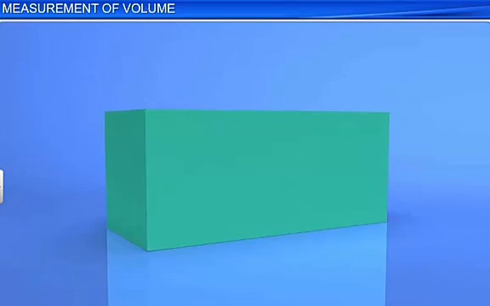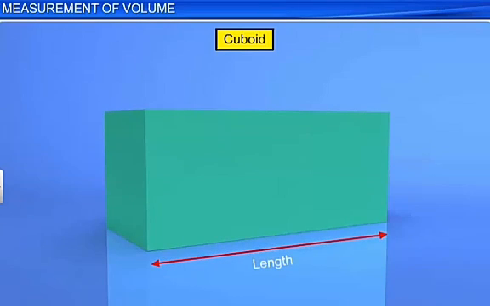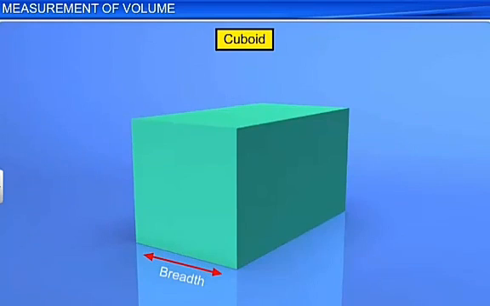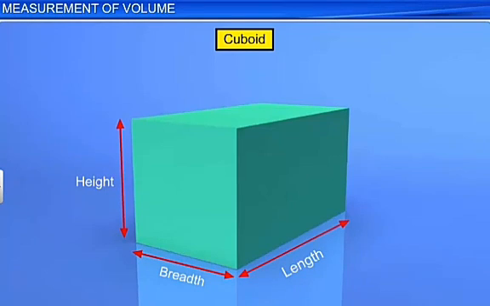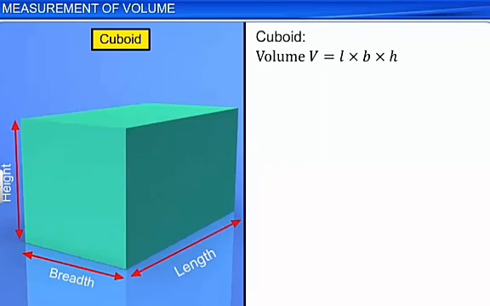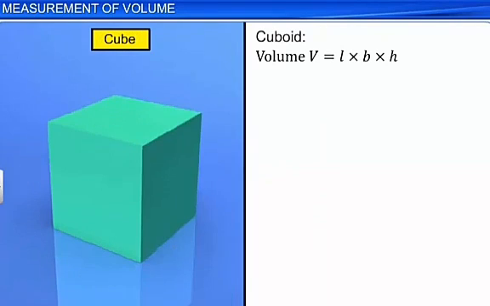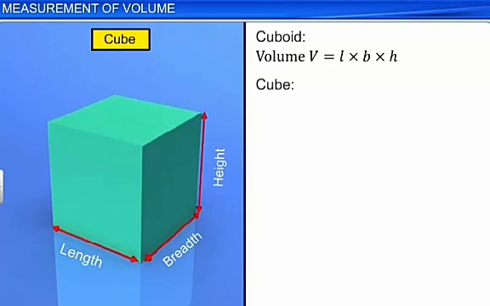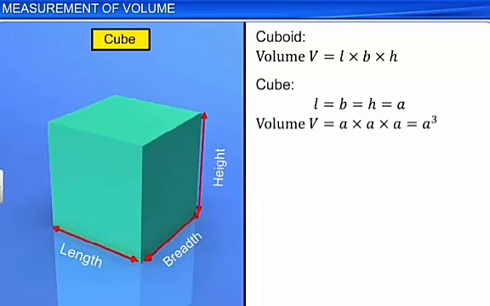The volume of a cuboid of length L, breadth B, and height h is the product of length, breadth, and height. That is, V is equal to L into B into h. If the length, breadth, and height are equal, a cube is formed. Let A be the length of each side of the cube. Then, its volume V is equal to A into A into A,